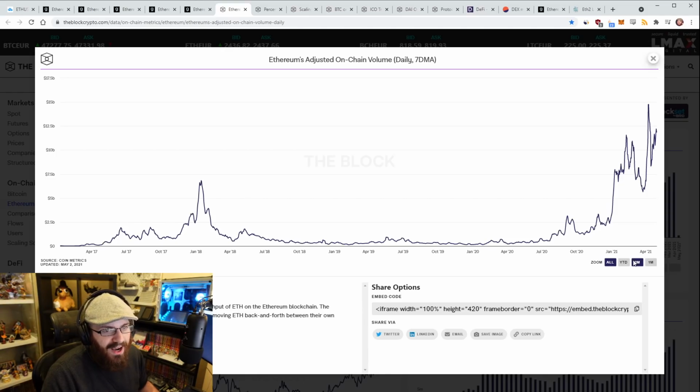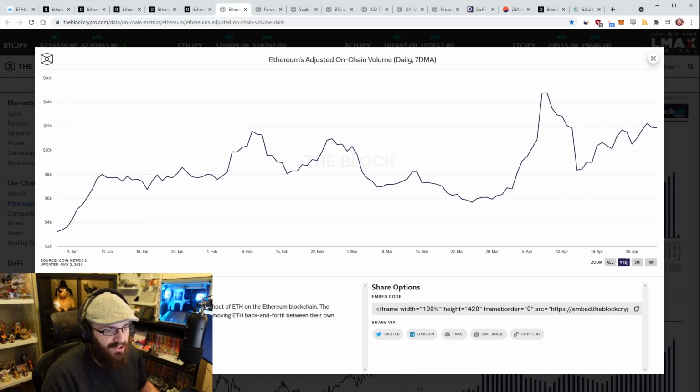And of course, this tracks the price, right? The higher the price of ETH, the less ETH you need to move around to have the same amount of impact here. So if more ETH is moving around, it's going to have a more pronounced impact on the adjusted volume here. But yeah, you can see big April here with what happened here, and I think that may be because the ETH price started spiking after that, obviously that bad March that we had, and then it went back up into April, and then basically continued on from there, dropped down here, and then kept going from here.